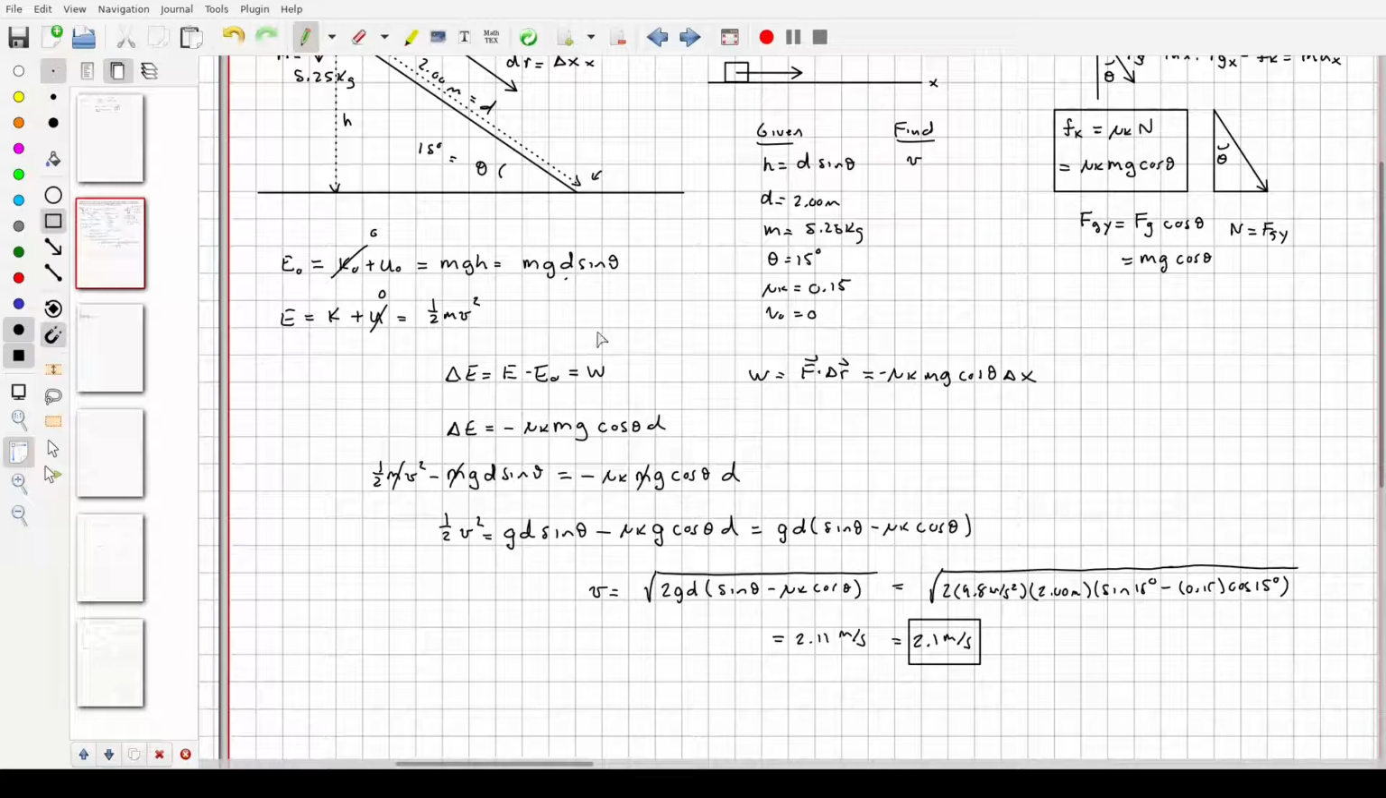Now, if there was no friction present, and we'll just take a look at the difference between the two, that means that E would equal E naught, which means that we would be solving 1/2 mv squared is equal to m times g times d sine of theta. We can solve that real quick just to see the difference between the two. In that case, your v would equal the square root of 2 times g times d sine of theta. And if you just plug the numbers in,